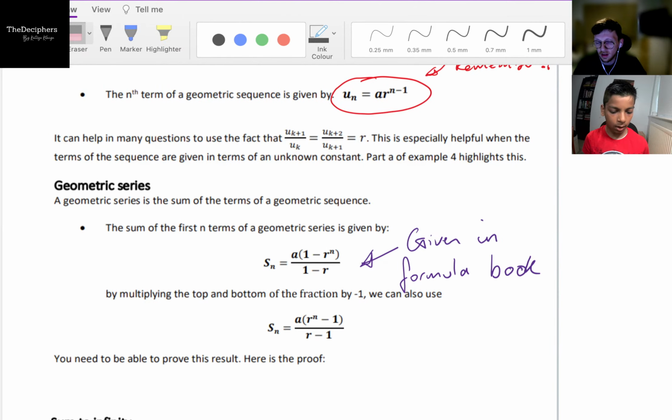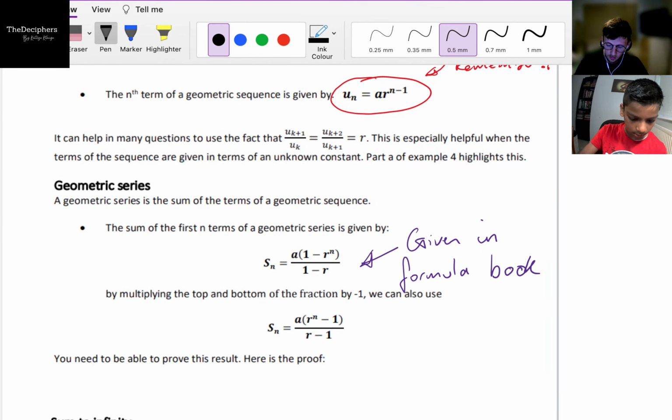Yeah, if r is bigger than 1, then it keeps the numbers positive, so it just makes the fraction a little bit easier. But the top one is the one that's given in the formula book and the one that's more common to see. And also, the sum to infinity is actually just a divided by 1 minus r